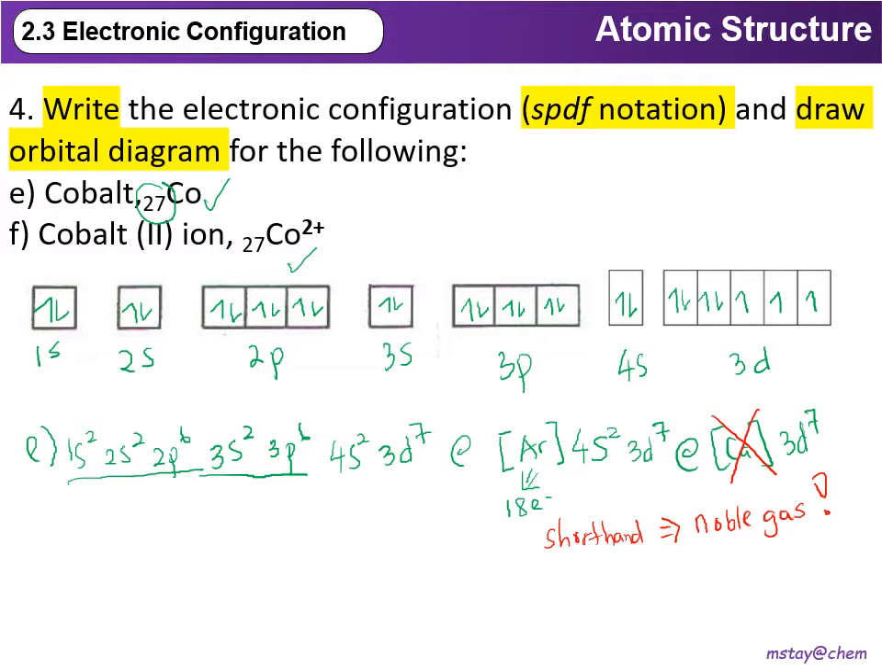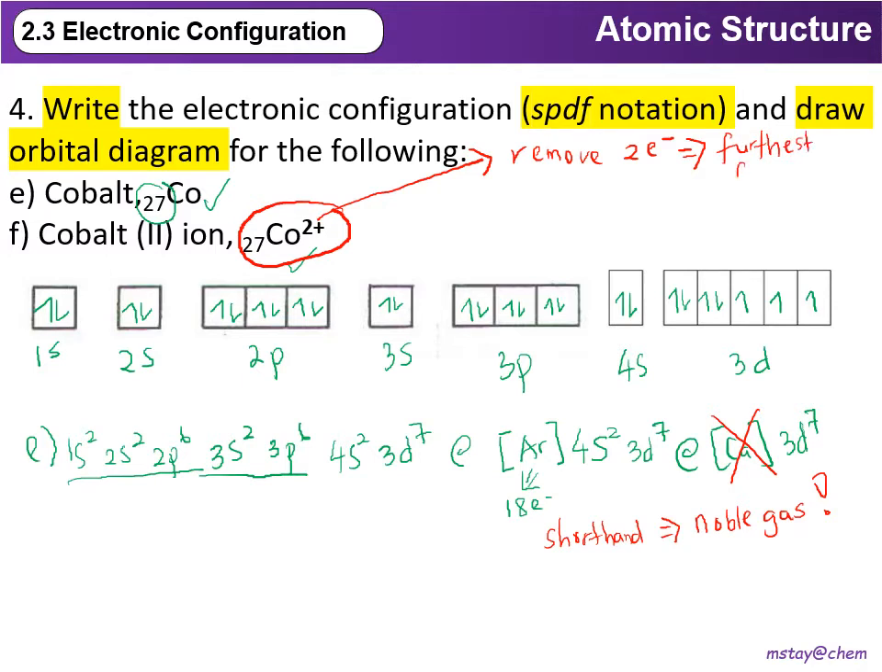Okay, so now we continue with the second part of the question, where we are going to write the electronic configuration for the cobalt 2+ ion. In this case again, we are going to remove 2 electrons. When we want to remove electrons, reminder again, we have to remove from the